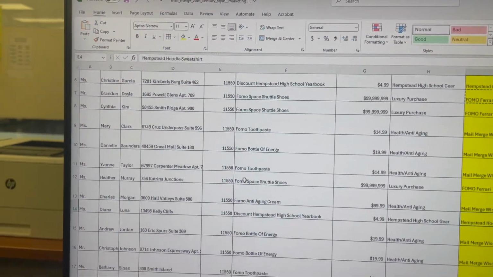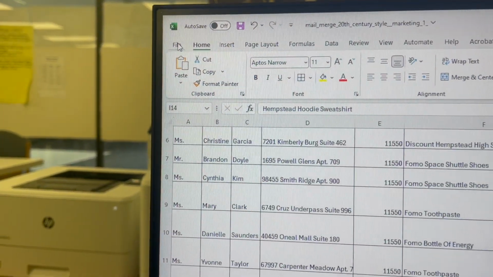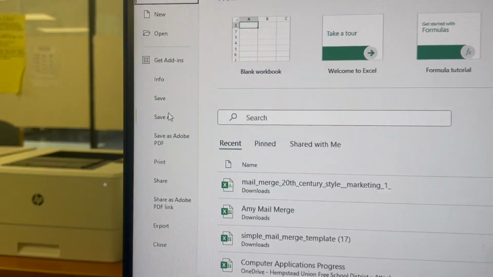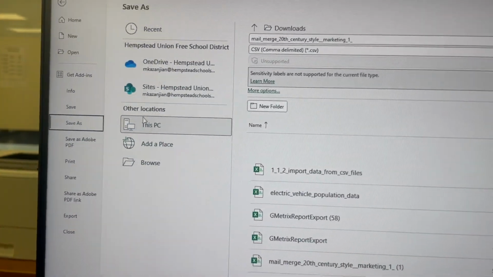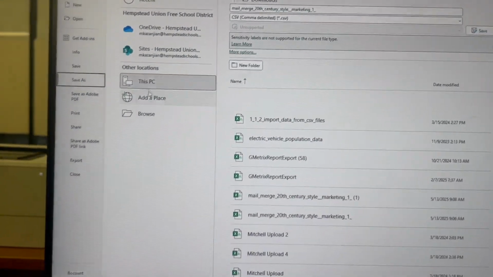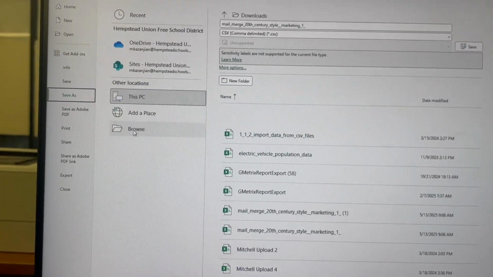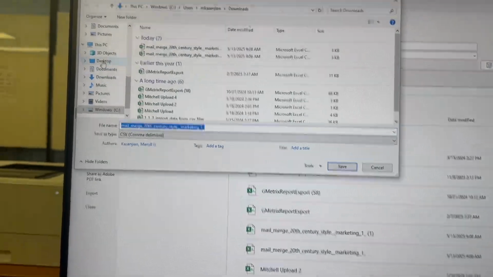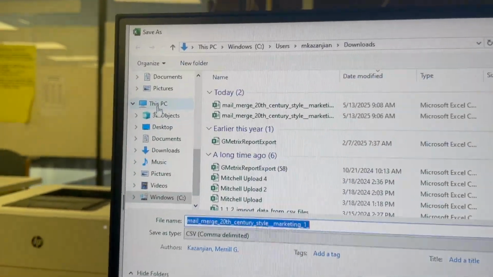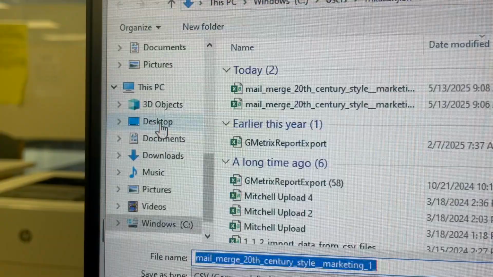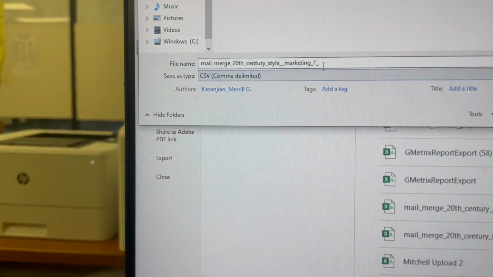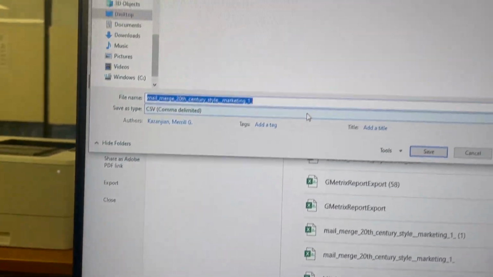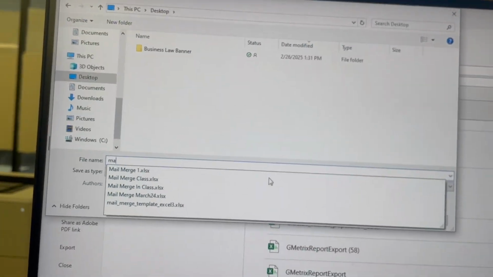Step 6, save it and rename it. All right, we're about to merge. What I'm going to do is go to File, and press Save As. What I recommend so it's easy to find is you save it to desktop. So I'm going to press Browse, and click on Desktop on this PC. See, this PC, Desktop. And now I'm going to rename it Mail Merge,